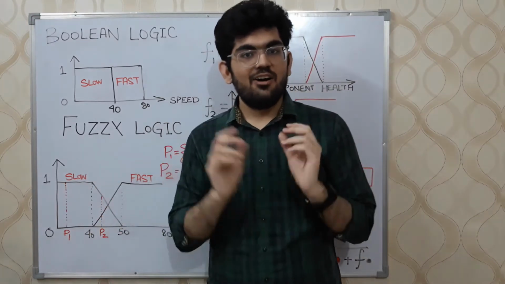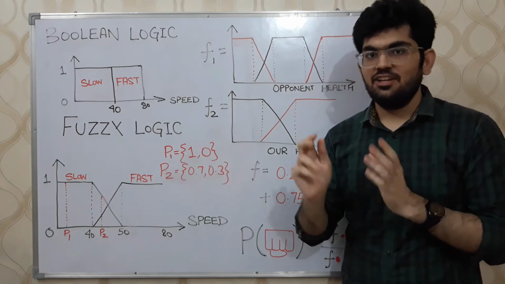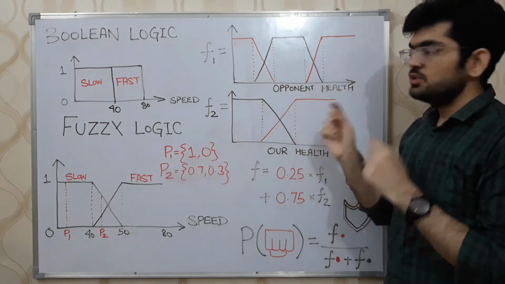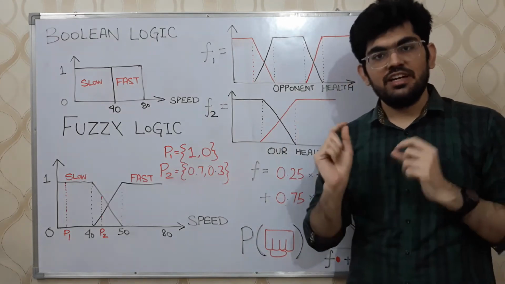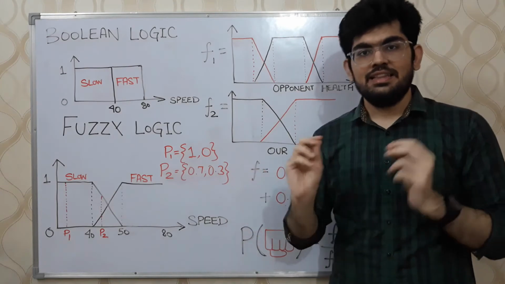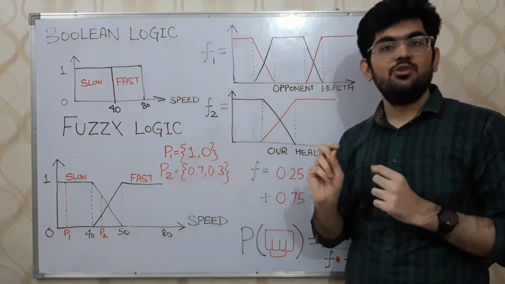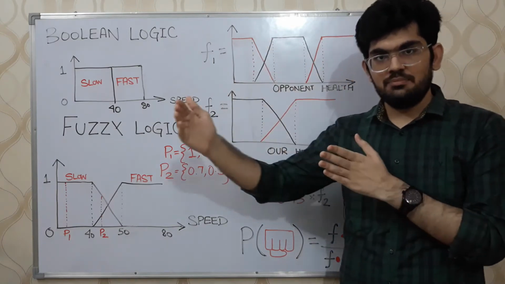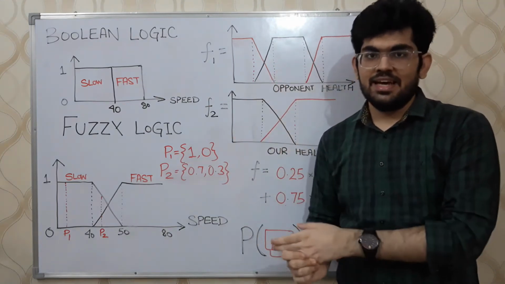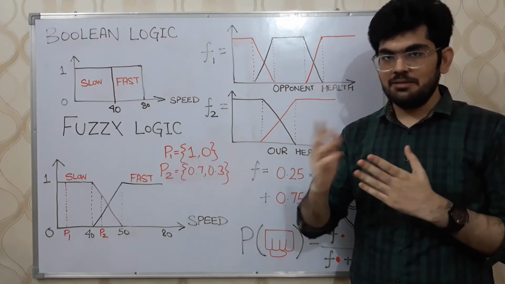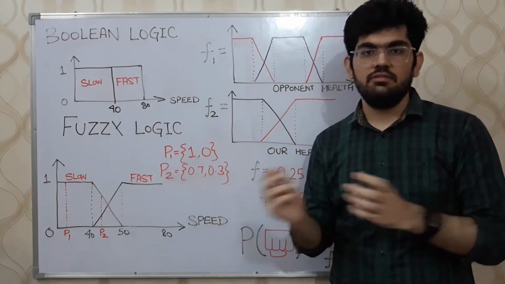Okay, so now let's see how this fuzzy logic is being applied to our enemy AI. So our enemy AI fuzzy logic depends on two parameters, which are its own health and the opponent's health, or we can say the player's health. First off, we designed two behaviors for the enemy AI that are offensive or defensive. Offensive actions involve, in the red color over here, that it is to go towards the player and attack him. Defensive, black colored line over here, makes the AI go away from the player and keep blocking the attacks. And these offensive and defensive behaviors are the fuzzy sets that we are using.